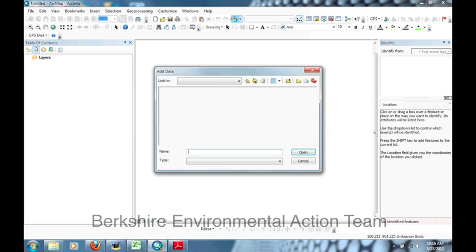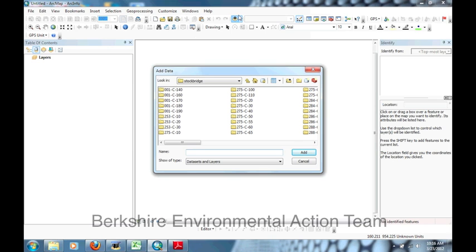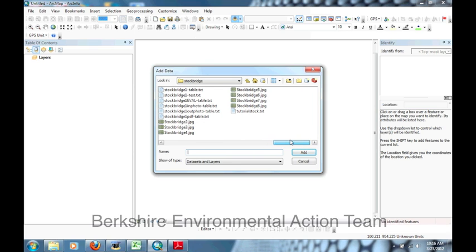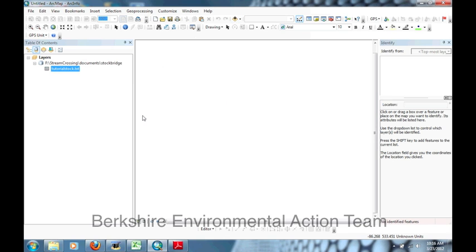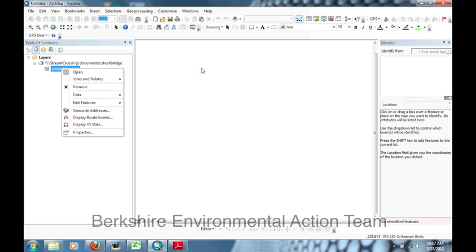Now you want to add that. So you're going to click the Add Data button, which is a big cross with a yellow diamond behind it. And we're going to scroll over to tutorial stock. Click Add. So you can see it popped up in our table of contents,